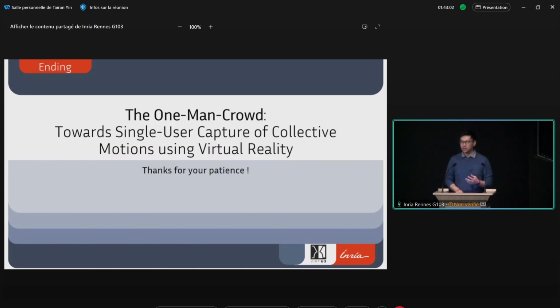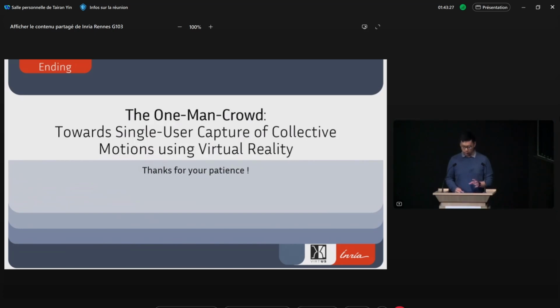Actually, there was some sort of contextual crowd, which is not created from real data, but some sort of one-man crowd data that we captured earlier. We put the same person into the scene again, and we want to see whether the person is able to create the same trajectory. And in our results, my observation was that it can actually differ a lot.